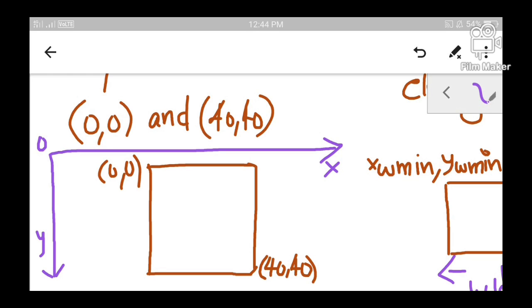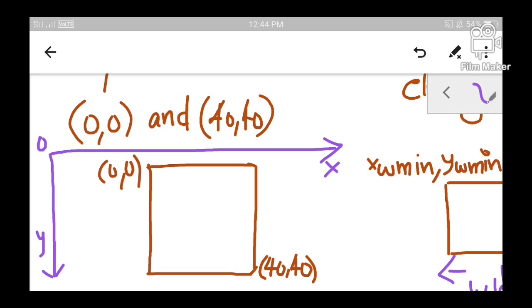With these 2 values, how can we calculate these 2 points? These 2 are also the corner points. Let us compute them. We know that this point typically indicates the minimum value of x. At this point, x is minimum but y is maximum. Why? Because when we talk about the computer screen,